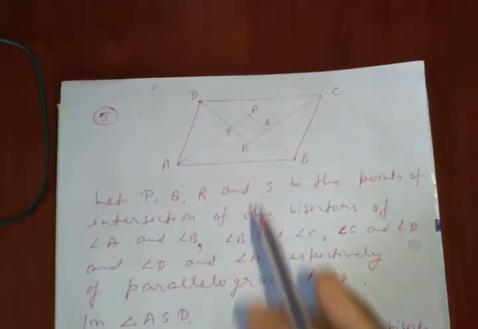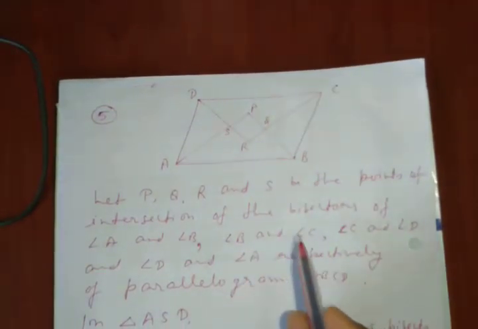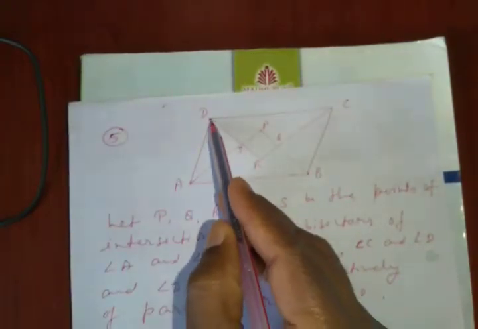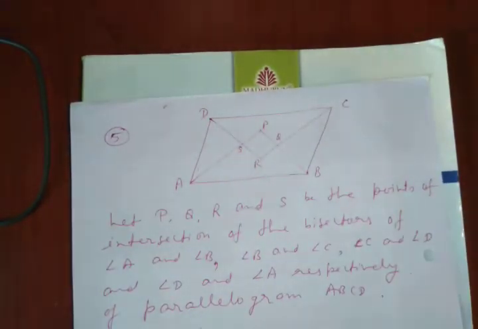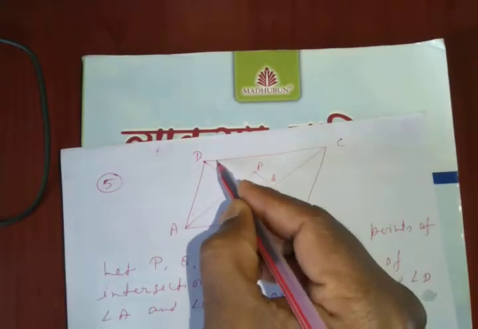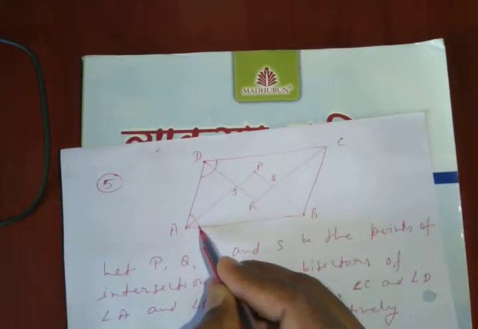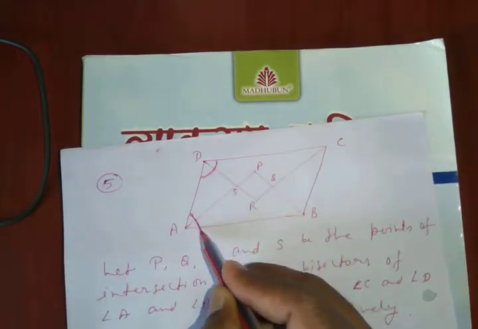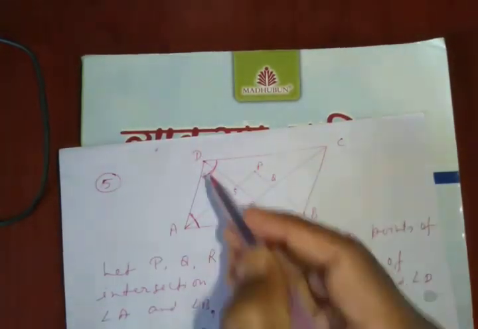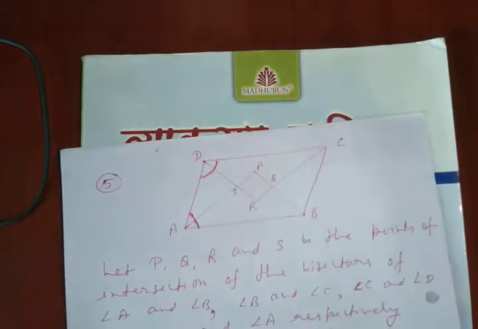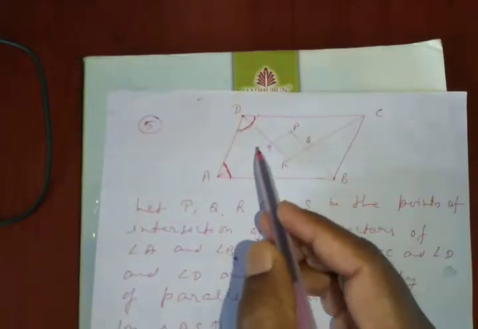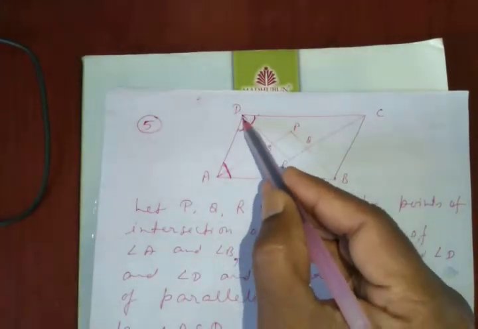Okay, so first of all, here in this triangle ASD here, or you will take these two angles here first. That is, take these two angles here, these angles and these angles here. So because these two are the interior angles on the same side of the transversal, so the sum of these two angles will be equal to 180 degree here. That is angle DAS plus angle ADS. That is DAS. Here we have written first here the DAS.